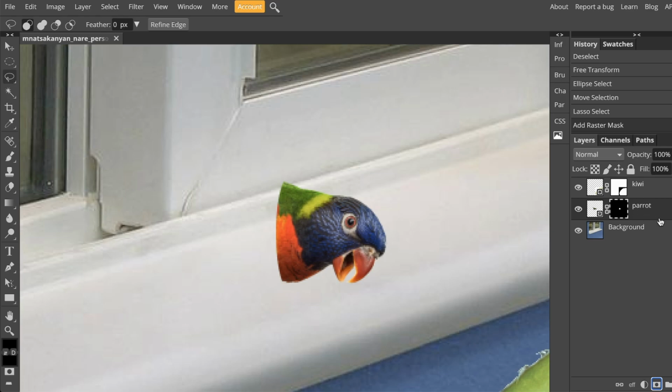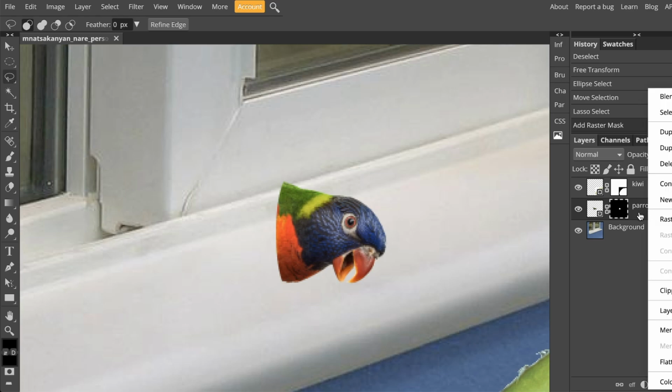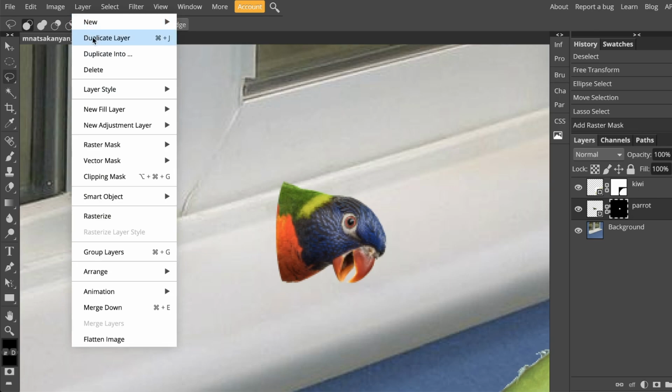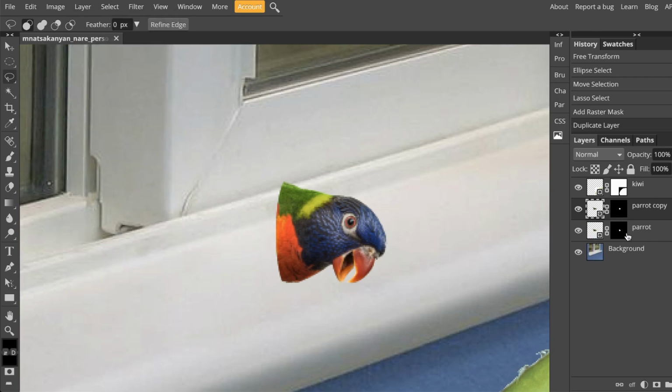Another way to duplicate is instead of just right-clicking on the layer and going to duplicate layer, you can also just make sure you're clicked on the layer and then go to layer on top and duplicate from there. Now that I've duplicated it, I'm going to go ahead and rename my layers just so I don't get confused later. This bottom one is going to be the top of my parrot, so I'm not going to call it right because I'm going to rotate it back later. So I'm going to go ahead and just call this one parrot top, and this one will be called parrot